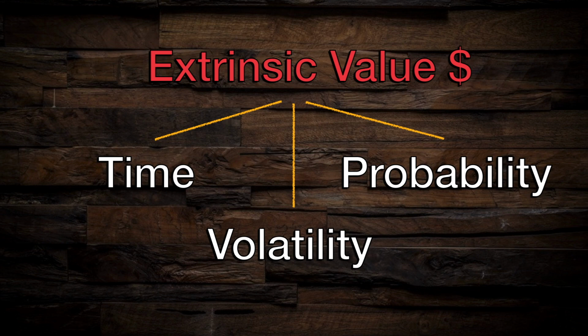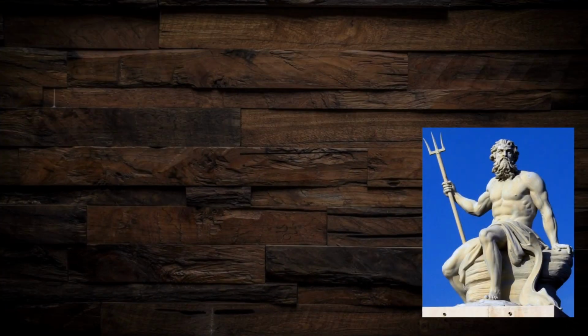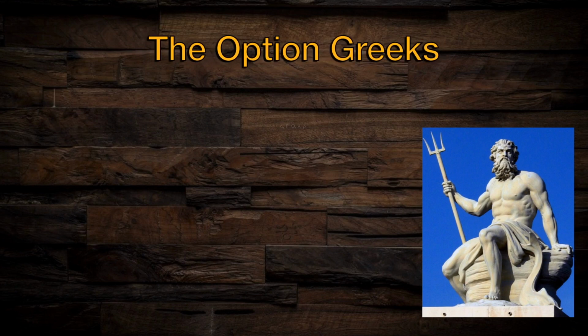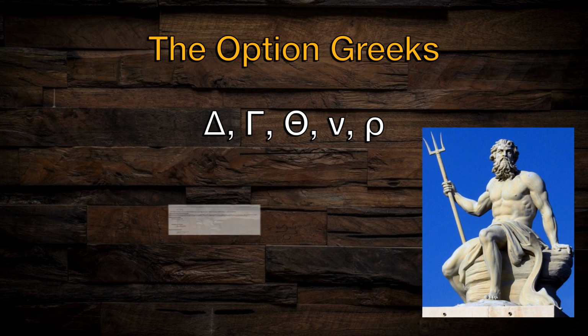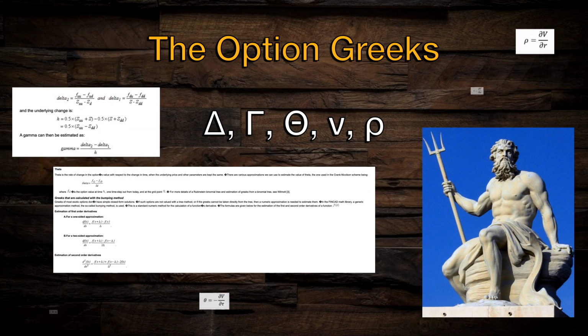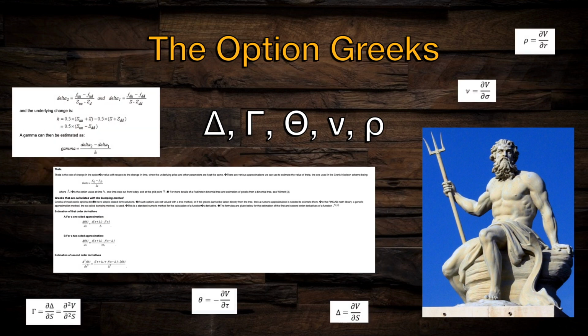Now this is where the Greeks come in. The Greeks can be a little bit intimidating for some people, but they're really just variables that can tell us specifically how changes in any of these three components will cause the price of an option to change. Now, if you're one of those people that really enjoys complex algebraic equations and want to learn exactly how these Greeks are calculated, I'll leave a link to a technical article in the description below. But for the sake of simplicity, I'll just skip ahead to how we as traders can use these Greeks to